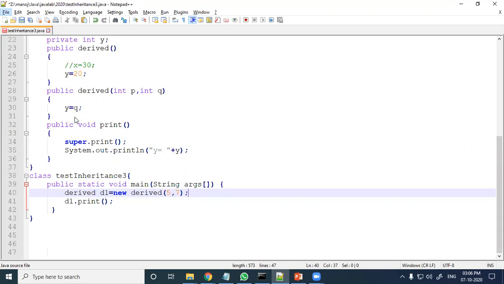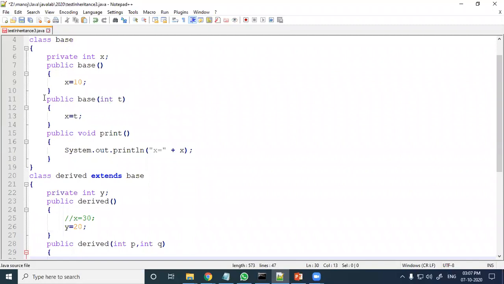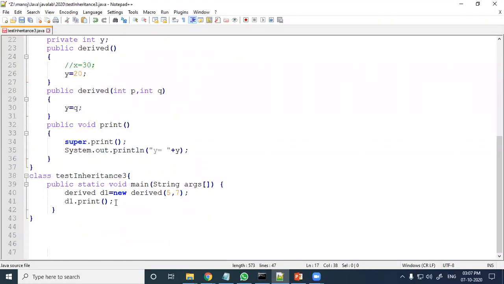Now q is assigned to y. There is nothing written where p will be assigned to x. It is written only y equal to q, meaning y will be 7. So it will not call the parent class constructor. Now what will be the answer? Let us compile and execute, then we will discuss.